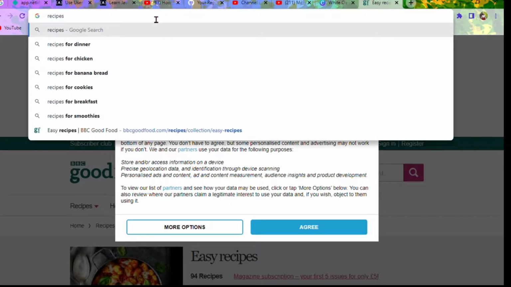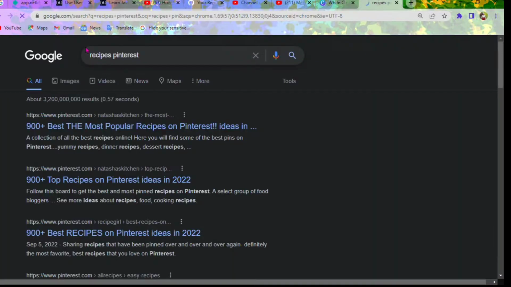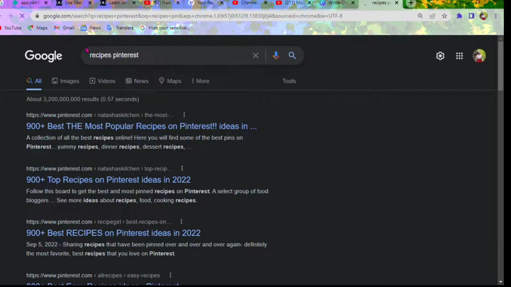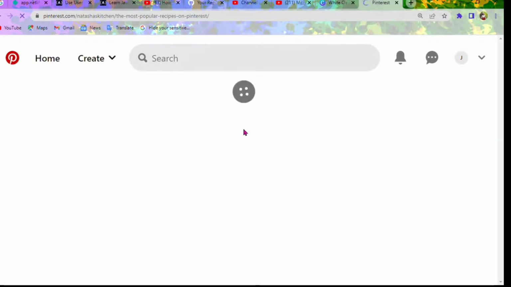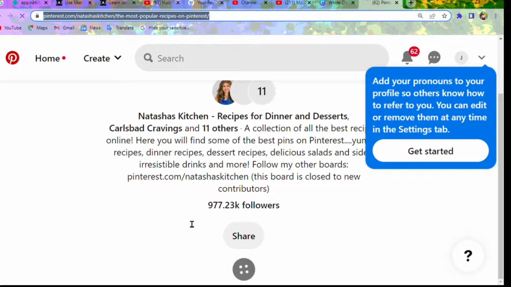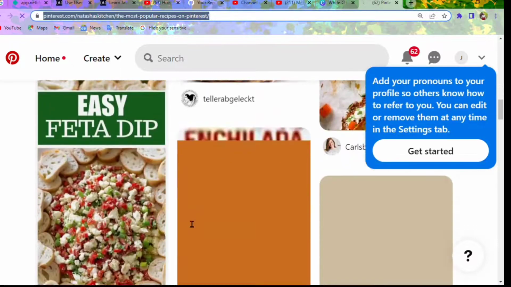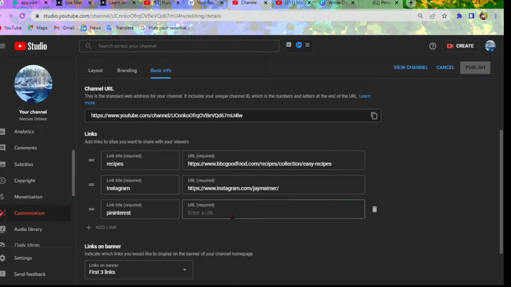So searching for recipes on Pinterest. I'm going to go with the first link. I'm going to just pick this since it's for illustration. So these are the recipes of this lady, and I'm going to be using this one. So I copy it, paste it inside. So after you're done with that,